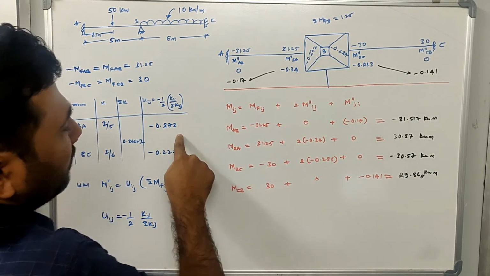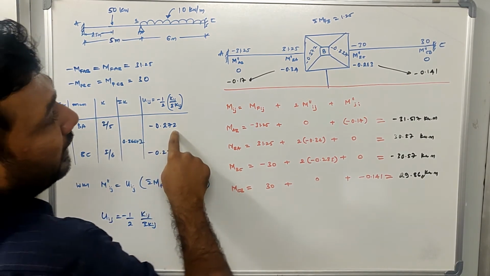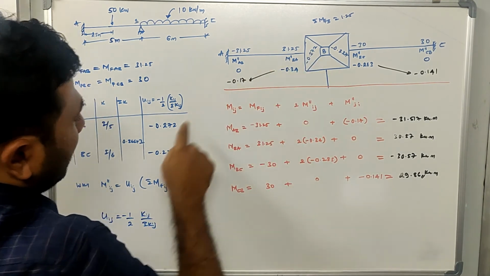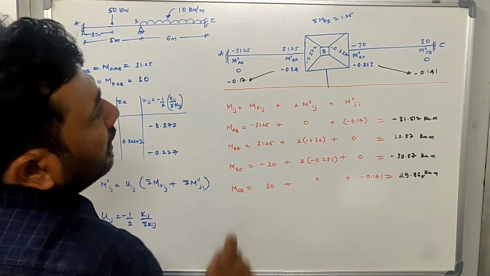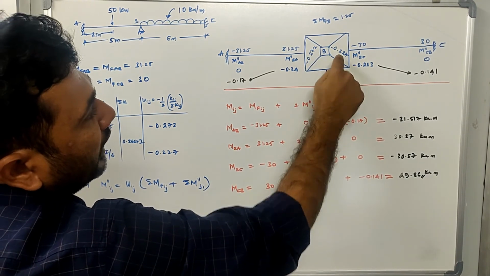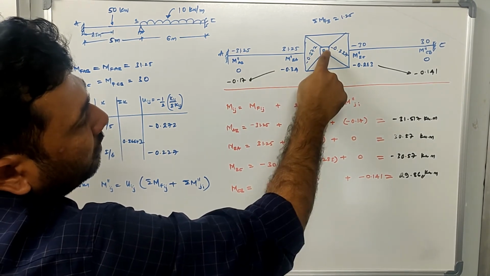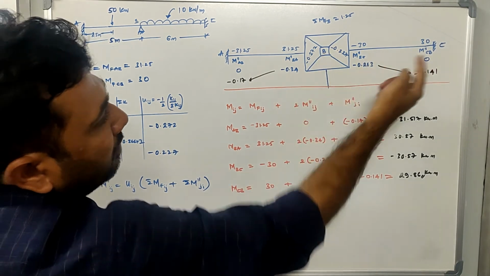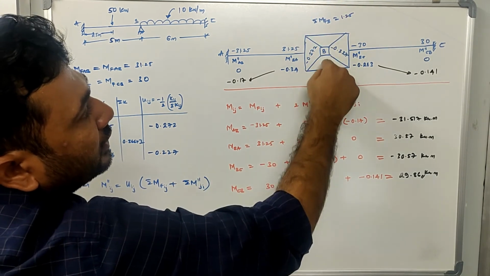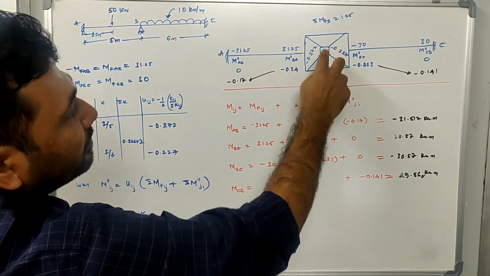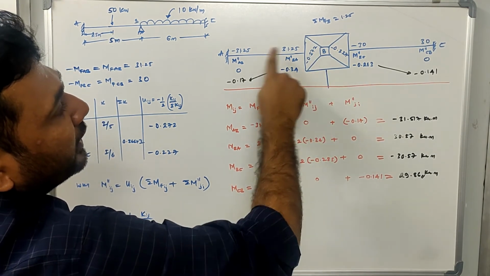Go back to the rotation factor and see what I have written. It is minus 0.272, the same value I have written over here, and here it is minus 0.227, which I have written on this side. Basically, these spaces can be used to write down the rotation factors. Right now for joint B only two members are connected, BA and BC. If there was another member such as BD, you could have written the rotation factor for that also. So these spaces are used to write the rotation factor of the respective members.